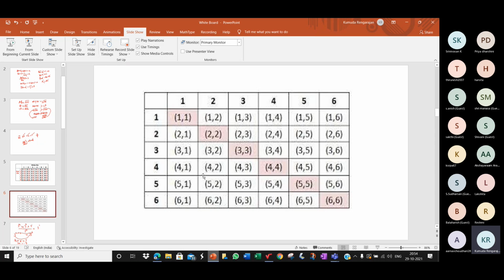Children, let me just finish this and wind up the class. I know it's time. When we roll 2 dice, in all we have 36 outcomes. And there are 6 outcomes along the diagonal. So 36 minus 6, 30. Divide by 2, 15. There will be 15 outcomes below the diagonal and 15 outcomes above the diagonal.